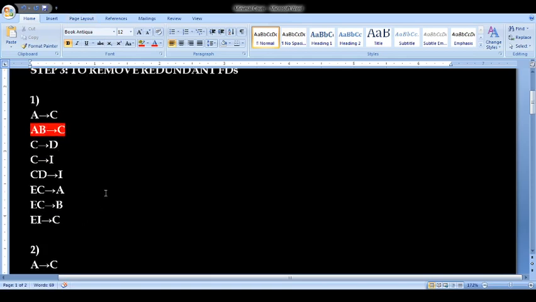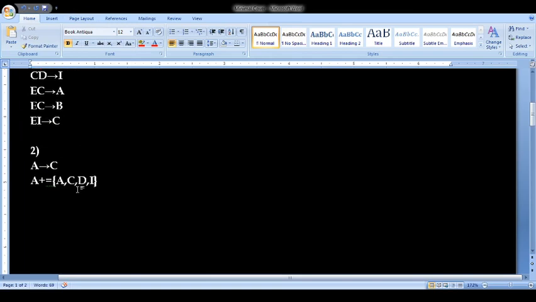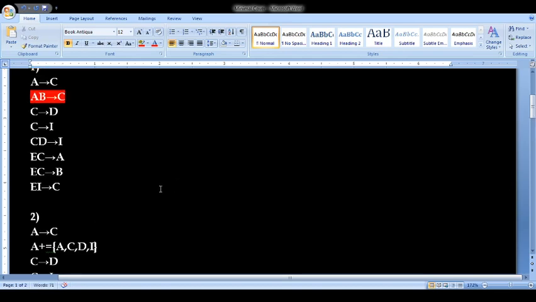Okay. Next, C implies D. Just write it as such because it is a single attribute. Next is C implies I. Next, CD implies I. There also you will have to follow the same procedure as we have done here. First find C closure.